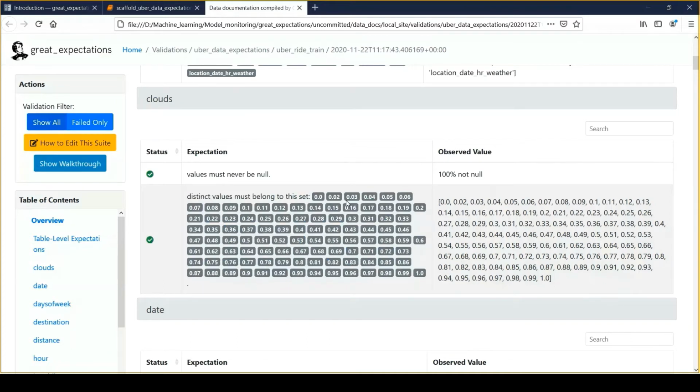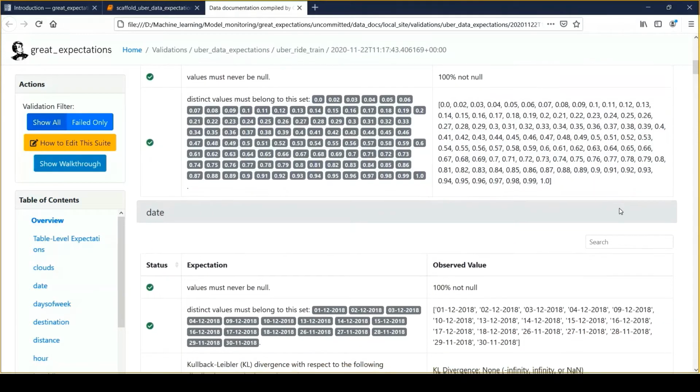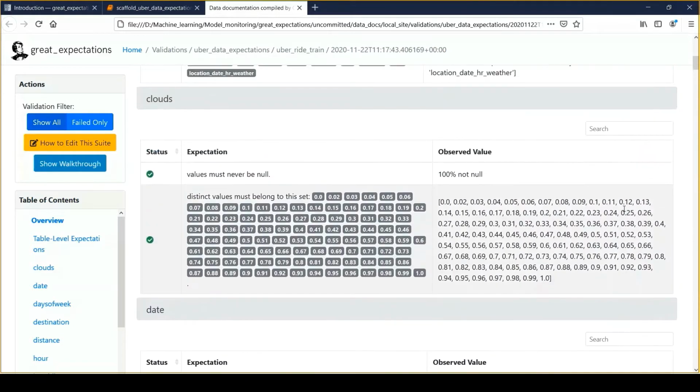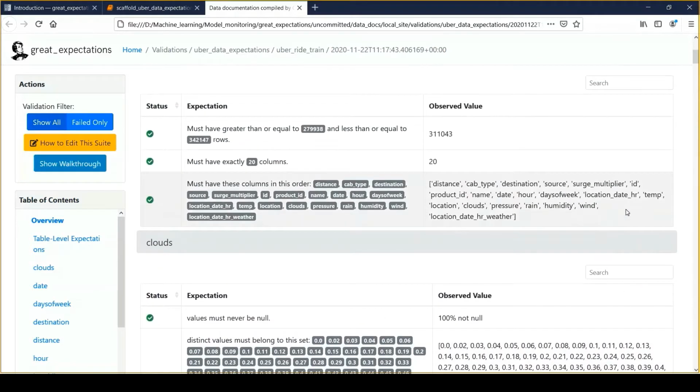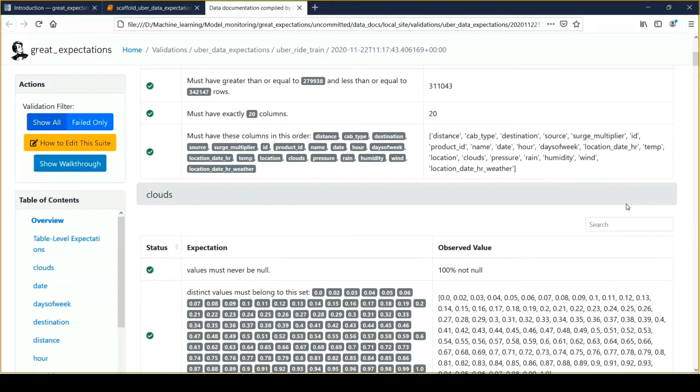But if you find that this is not correct and Great Expectations has picked this field incorrectly, then we can also modify those fields, and we'll see how we can edit these expectations to make them production ready based on our domain knowledge. This has only provided an initial set of expectations based on whatever it can see, and further we can optimize it to make it production ready based on our understanding and domain knowledge.